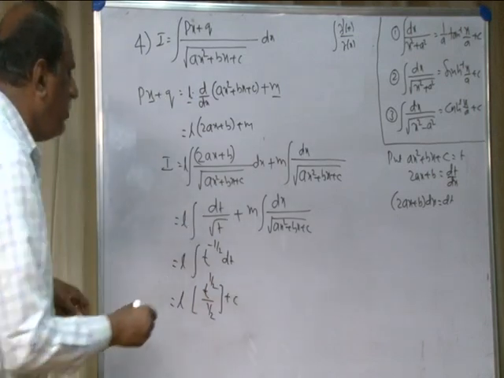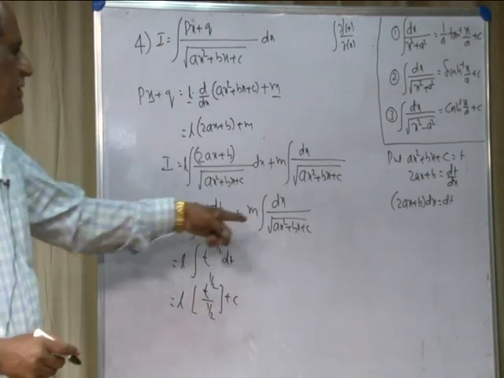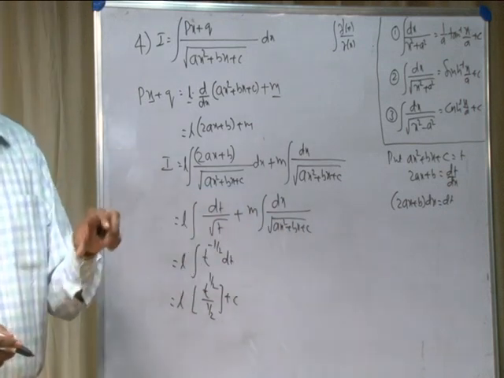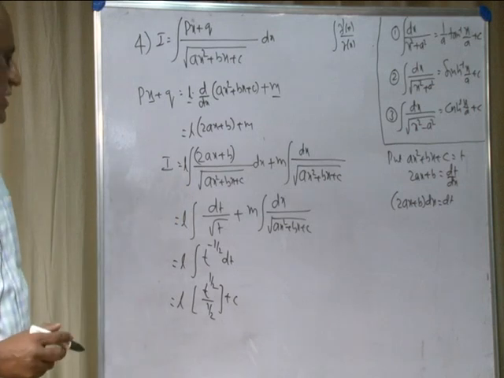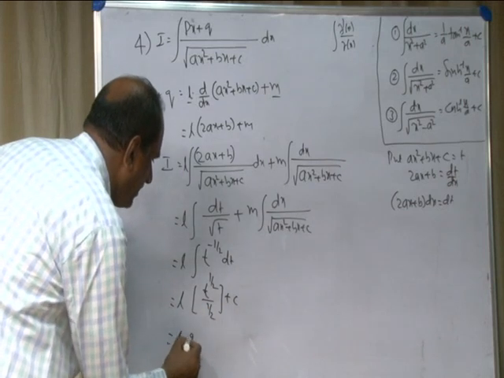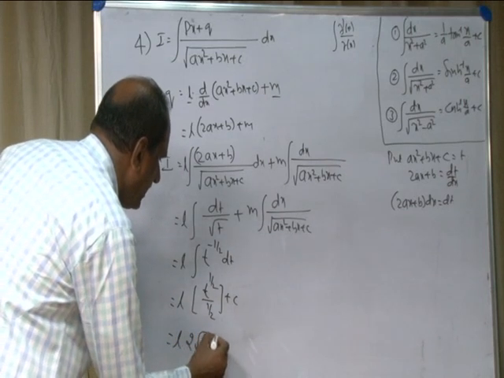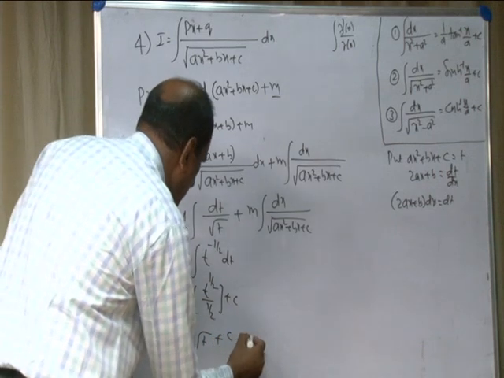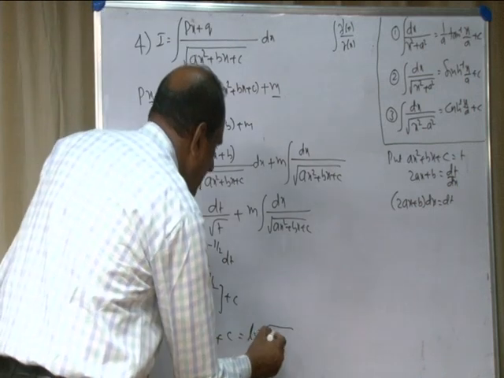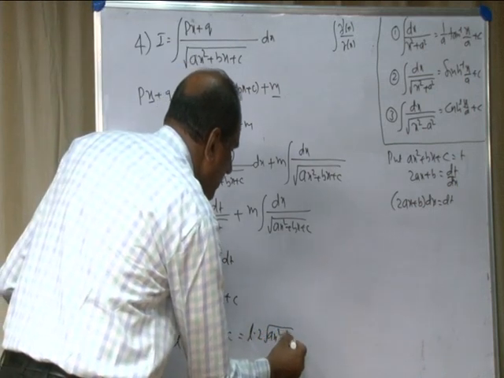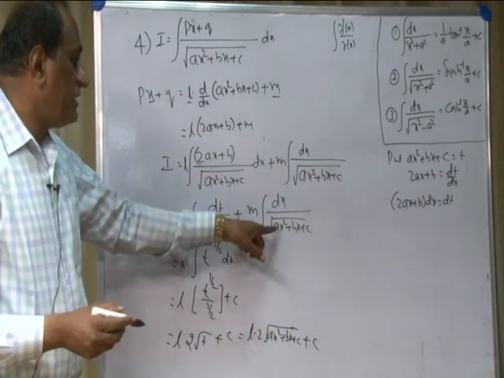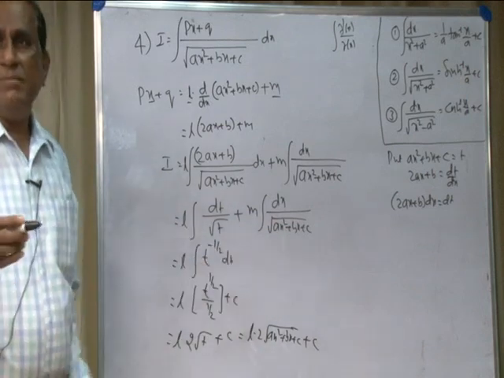I am going to explain only the first standard integral. This integral can be evaluated by expressing the denominator as root of (x plus b) whole square minus q square, or q square minus (x plus b) whole square. Now, this is equal to L into root t plus c, or we can also write L into 2 root t, where t stands for ax square plus bx plus c for the first integral, and for the second, after evaluation of the second integral you will be getting c plus c.